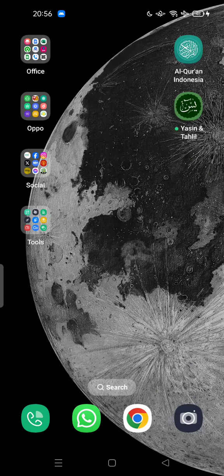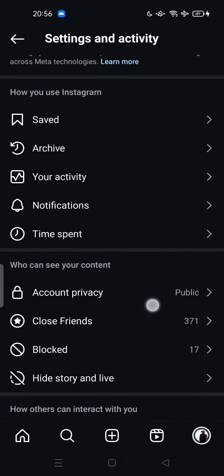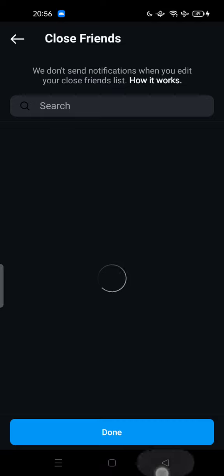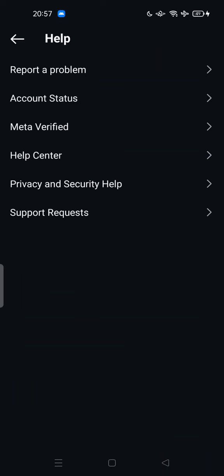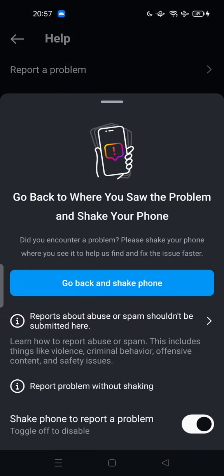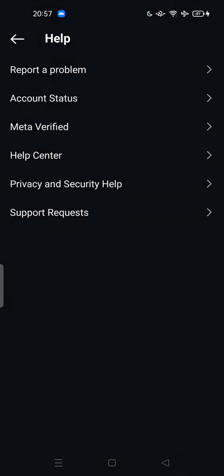So if this case is not solved, and there is still an issue or problem with the Instagram comment to reveal story not showing, you can try to contact customer service. You can ask for help by going to settings and activity, and then you can go to help and report your problem here. So you can report a problem by turning off the checkpoint and report your problem here,